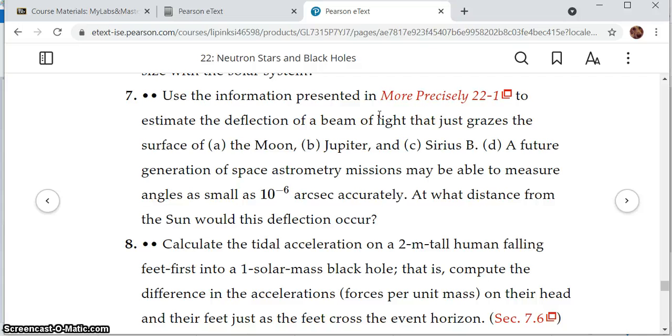Okay, so Einstein actually calculated this, and so the different objects we're going to use is the light beam going by the moon, not hardly bent at all, by Jupiter. You can actually see that's something that could bend significantly, by the star Sirius B, which, remember, is a white dwarf around the brightest star in the night sky, Sirius A. Anyhow, Sirius B is actually quite massive, and it's really tiny, so it's really warping the space-time around it,